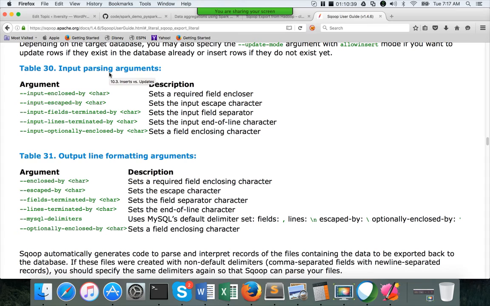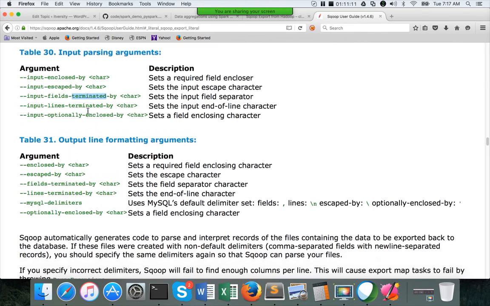Input parsing arguments are the ones we need to pass to specify what is the field delimiter in HDFS, what is the line delimiter in HDFS, etc., and also enclosed by, escaped by, etc. Whatever we have seen in output line formatting arguments for import, these are the counterparts for export. We need to specify these things if the delimiters in HDFS are different from the scoop defaults, so that the fields are delimited properly.